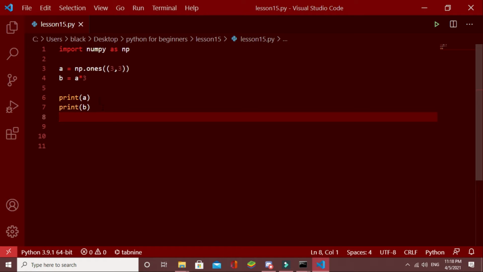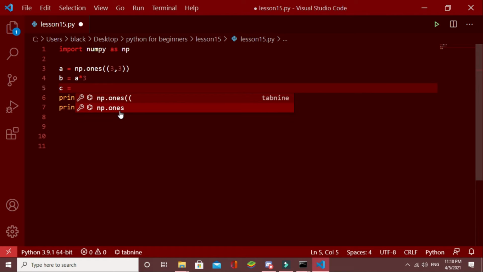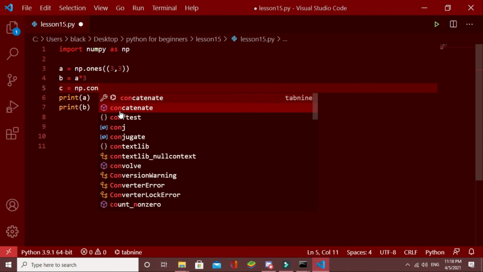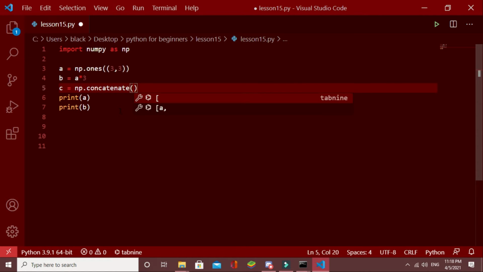First, let's see how to use concatenate. I will say C equals np.concatenate. First, we have to give what we are going to concatenate. In this case, I am going to concatenate A and B inside parentheses.